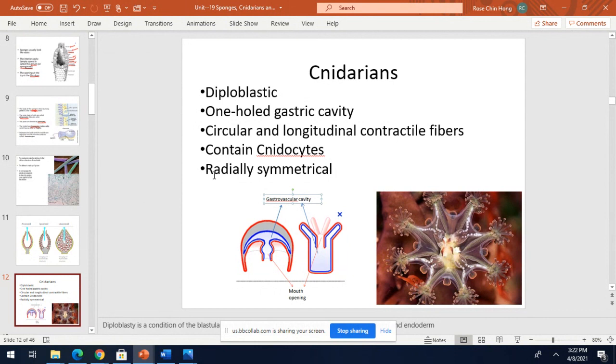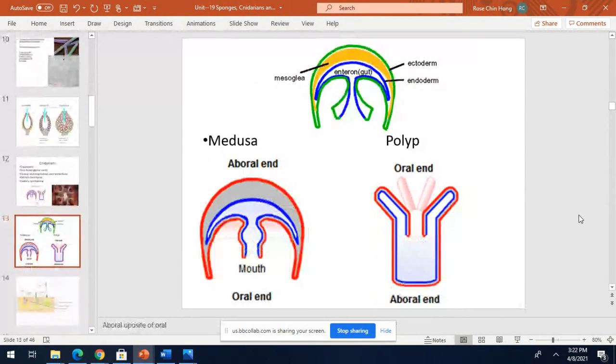What kind of symmetry do they have? Radially symmetrical. So say if you cut it like a pie, if you cut this, you'll have radial symmetry. If you cut this, which is like bell shape or umbrella shape, you will have radial symmetry. All right, so let's go into the types of forms they can have and which is dominant, or if there is absence of